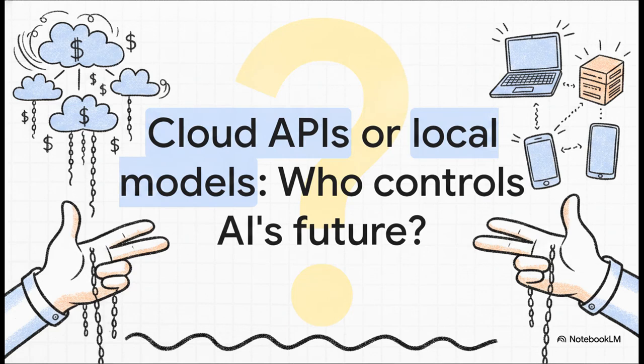Which brings us to the ultimate question, one that redefines the entire tech landscape right now. We've seen the incredible creative power of GANs, the step-by-step logic of LLMs, and how RAG builds a fence around their hallucinations. But economically, will the future of artificial intelligence be controlled by a handful of massive, highly expensive cloud APIs acting as the ultimate gatekeepers? Or will it be driven by millions of hyper-efficient, decentralized local models running right there on the hardware sitting in front of you? It is a fundamental shift, and it leaves us wondering who will ultimately control the artificial intelligence of tomorrow.